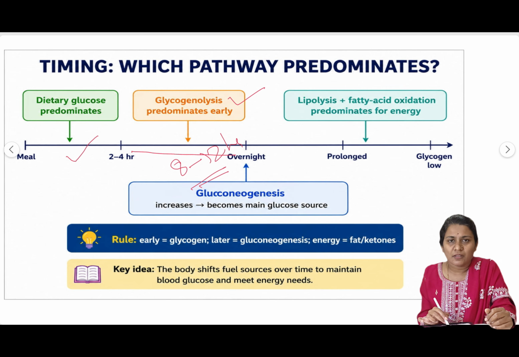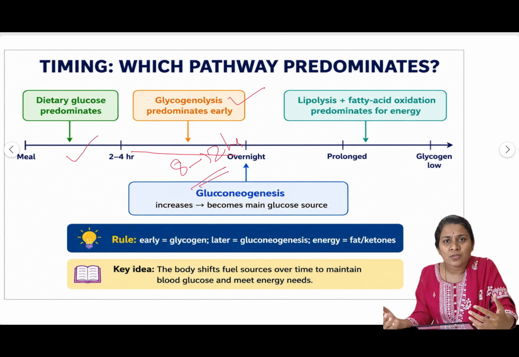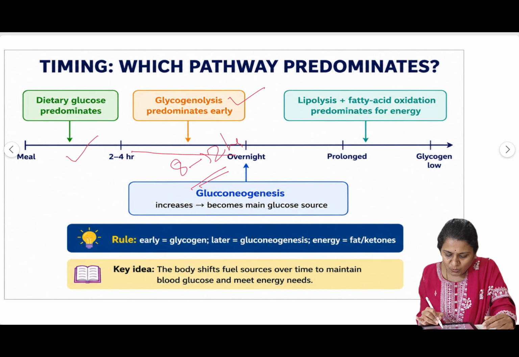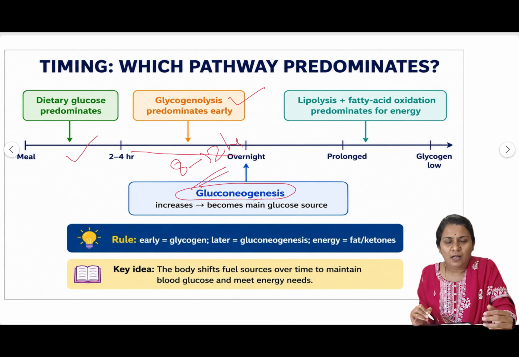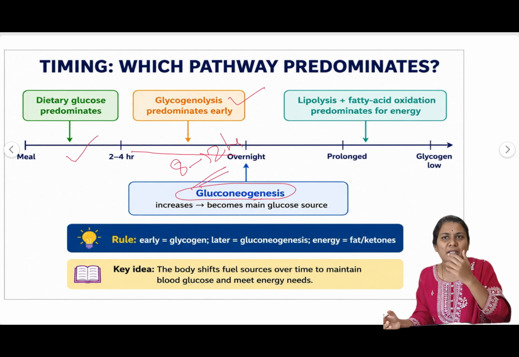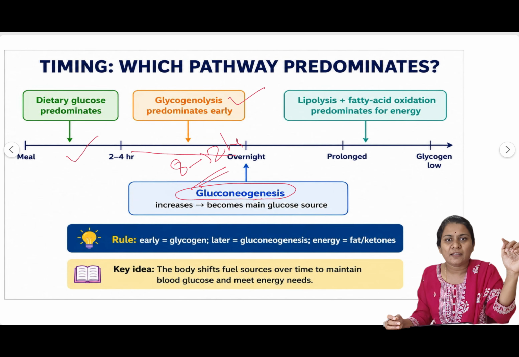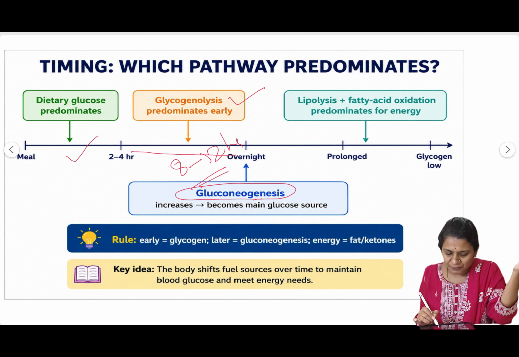Then what happens? The glycogen storage will get depleted over a period of time. Then what is going to happen? Gluconeogenesis will set in. How does gluconeogenesis occur? The sources of gluconeogenesis are different. For example, you can make glucose from amino acids also. When amino acid metabolism occurs, the carbon skeleton will also contribute to formation of glucose. That we will discuss in the further slides. So gluconeogenesis will take over.